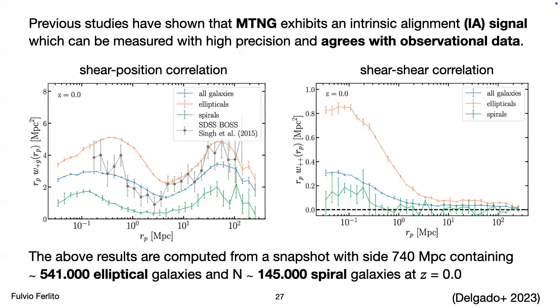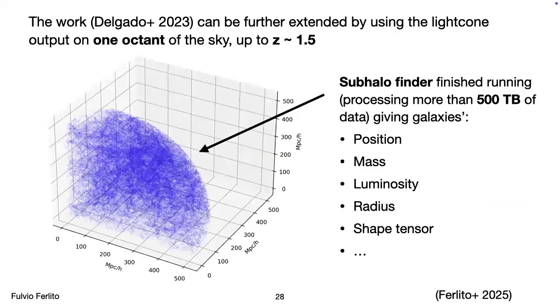Observational data are easier to get at redshift 0, because if you go to higher redshift, then there is also the lensing. So this is the redshift at which we can compare. But with this good agreement, we want to go further, and we want to use this information about the intrinsic alignment to produce a complete forward model of how weak lensing will appear when there is intrinsic alignment, and when there is no intrinsic alignment. And so basically what we did is we took not the snapshot, but the entire light cone.